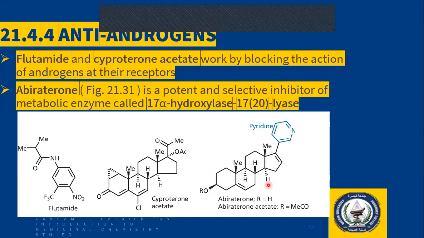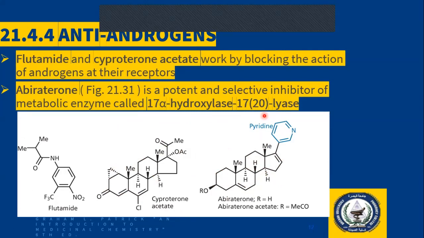So this one, although it has the steroid nucleus, just like these, it will not act on the androgen receptor. Okay, this one is a potent selective inhibitor of an enzyme that is called 17-alpha hydroxylase,